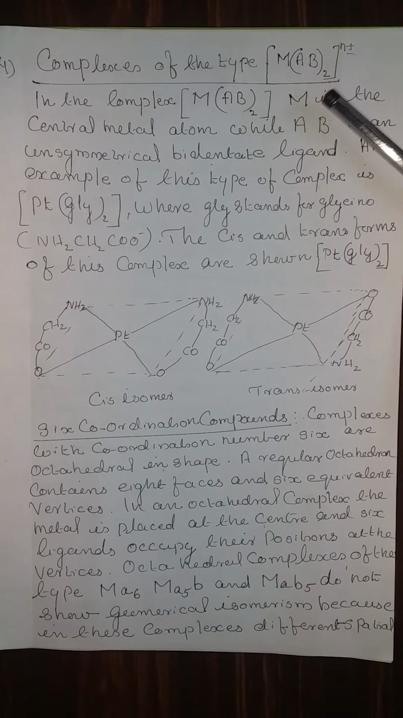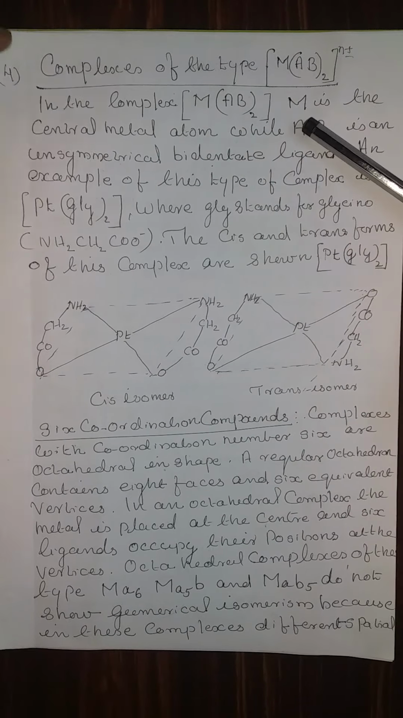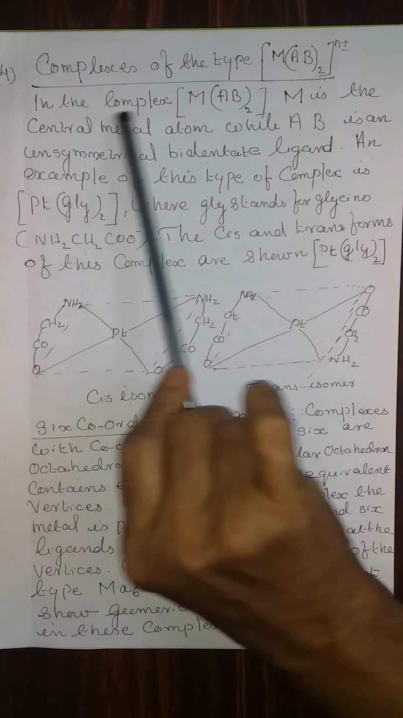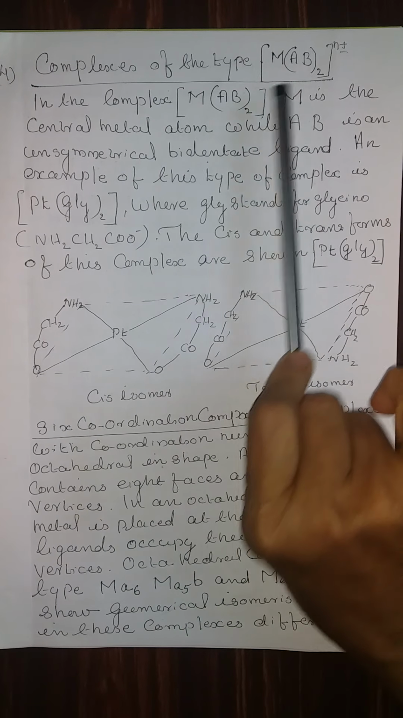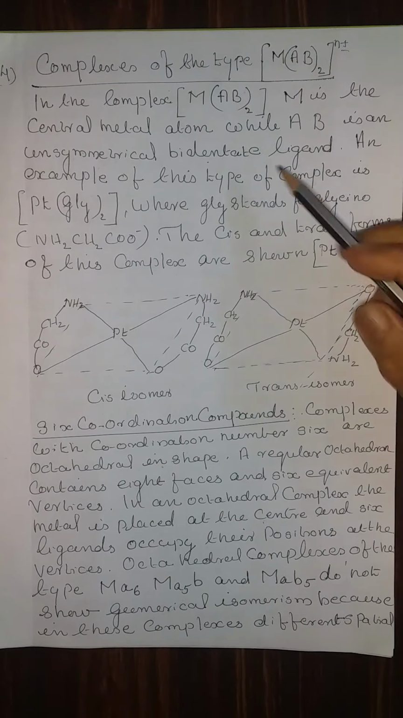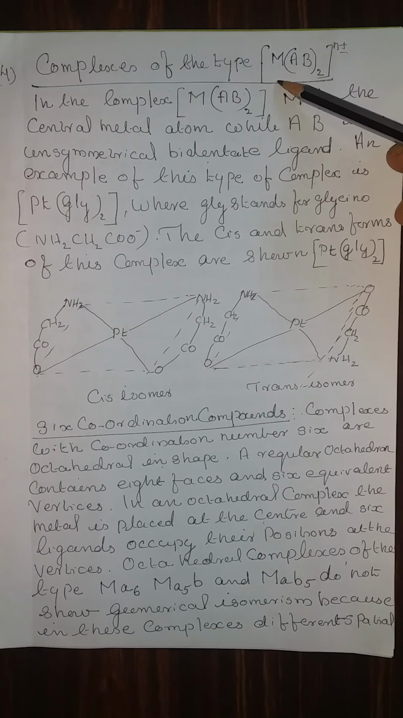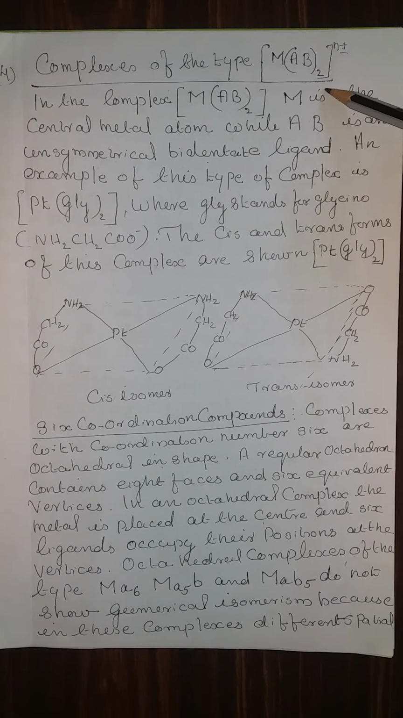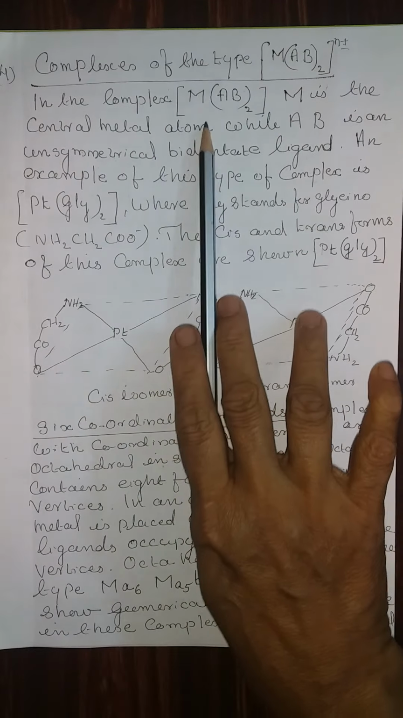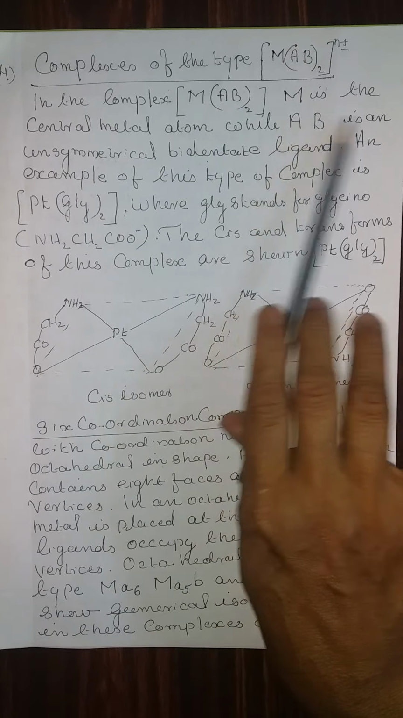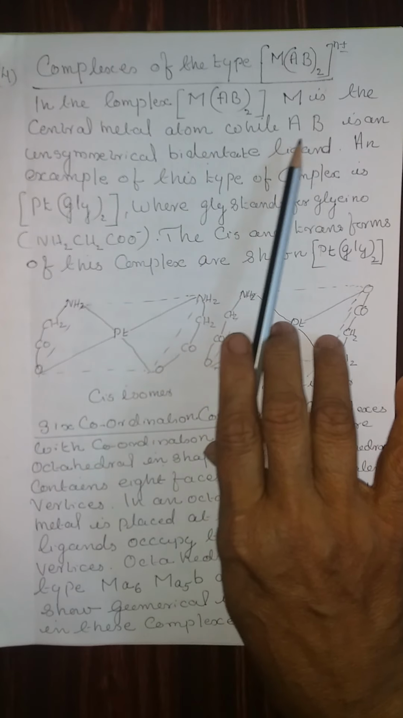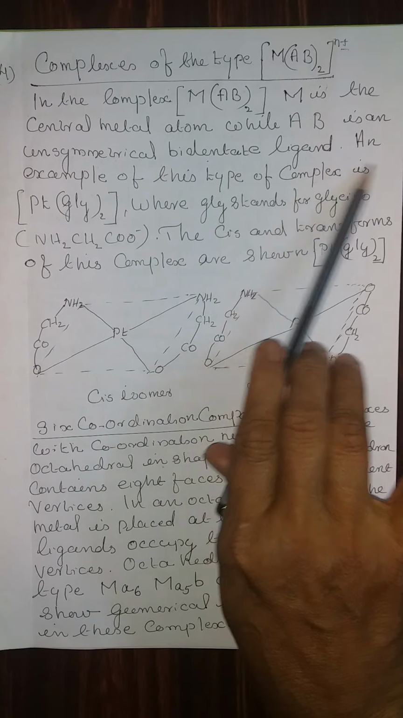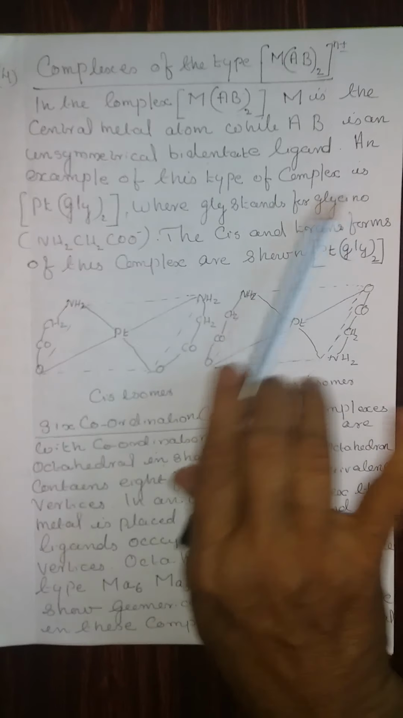Coordination number 4. Another variety is known as didentate or bidentate, of the formula M(AB)2, where capital AB represents a bidentate ligand and capital M is the central metal ion. Therefore, in the complex M(AB)2, M is the central metal atom, while AB is an unsymmetrical bidentate ligand. An example of this type of complex is